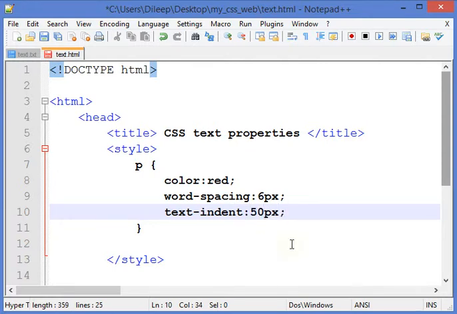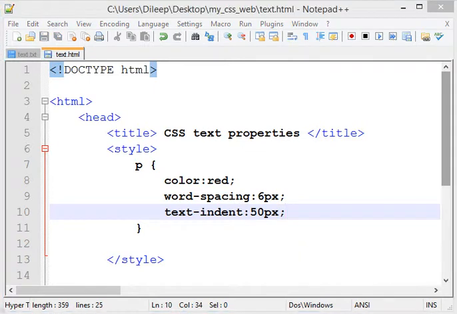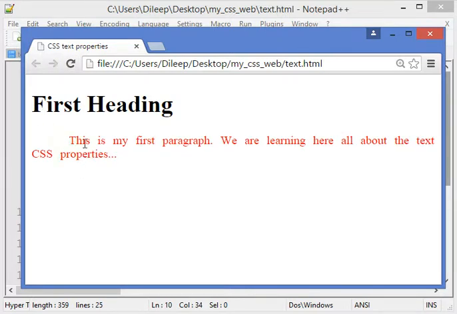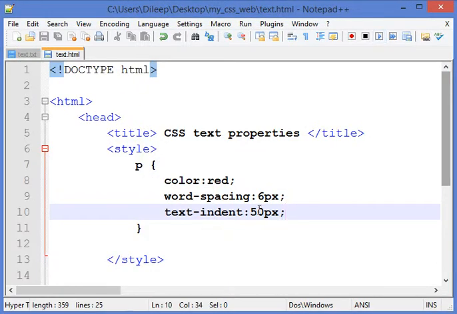I'll save it, and if I go there and refresh it, in the first line of the paragraph, the space from the left border of our page to the first word of the paragraph is 50 pixels. So this is an indent that we can set to whatever we want, right? But the indent will not affect the other lines, the lines below. It applies to the first line of a paragraph. So this is how we can set the text indent.